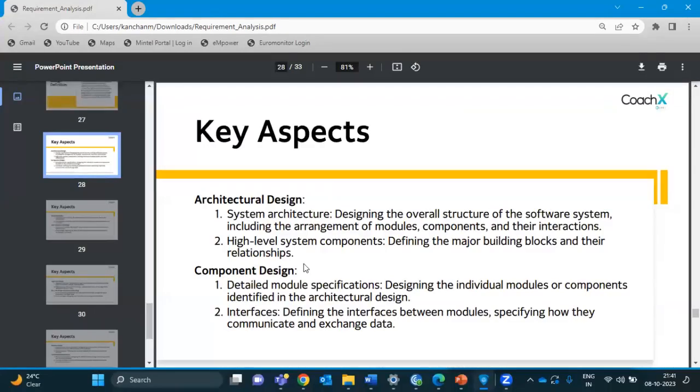Component design would be how individual components would look like. Individual components means if in a project there are maybe 5, like the dashboard, there's a back end, there is a front end, there are maybe different modules or different tabs, like एक ऑर्डर डेटा सेट को हिट कर रहा